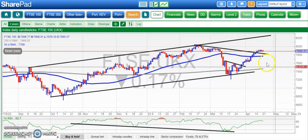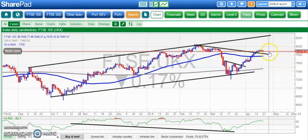Starting off with the FTSE 100, where we've ground to a halt, luckily at the better levels. Basically, the old support on the way down in February was around current levels, and we're hanging around there now, 7,890, 7,900, that sort of area. Got that broken February resistance line there around 7,830. That's first support. And the rising 50-day line, 7,770, is